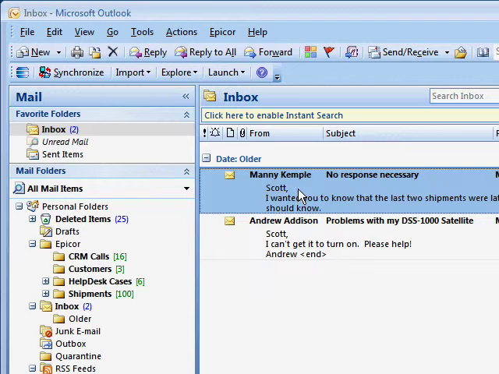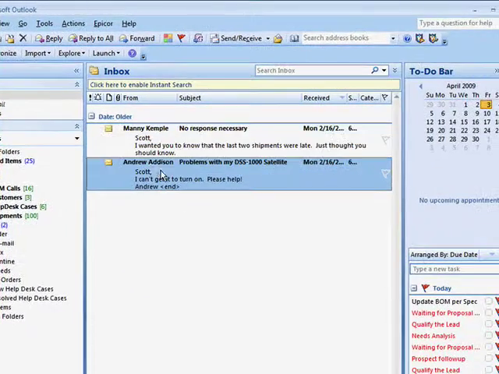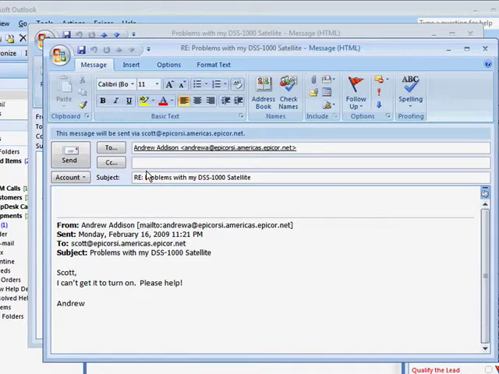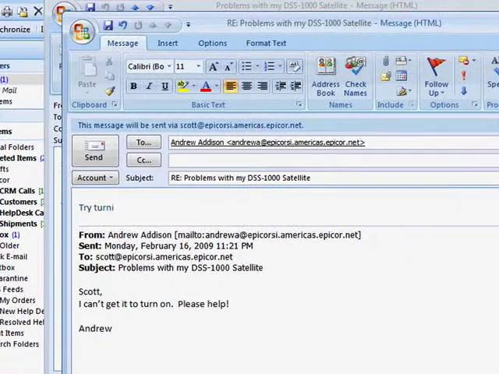I also have the ability right from Outlook to be able to log and correspond and update the Epicor software right from Outlook. Here's an example of an email where I have a problem. This is from Andrew Addison once again. Problems with my satellite. I cannot get it to turn on. Please help. I can reply right from here, give him an answer, try turning it on, and when I send